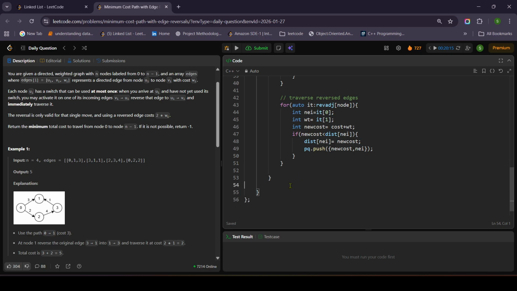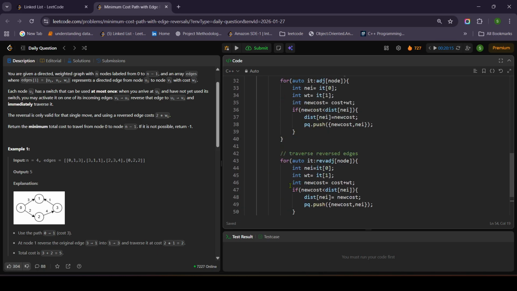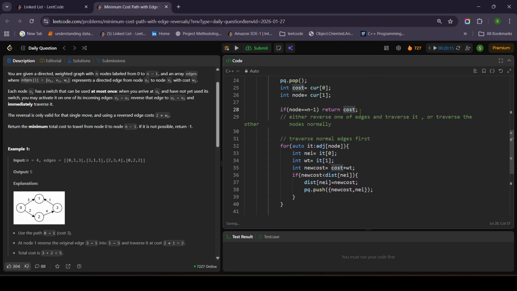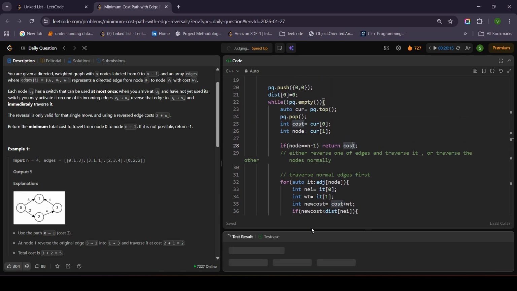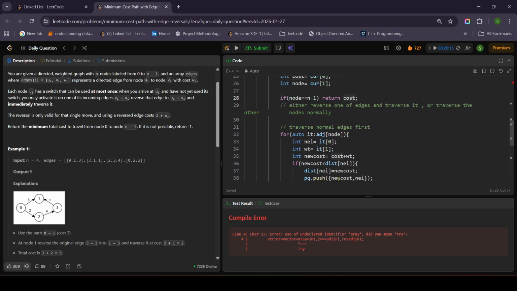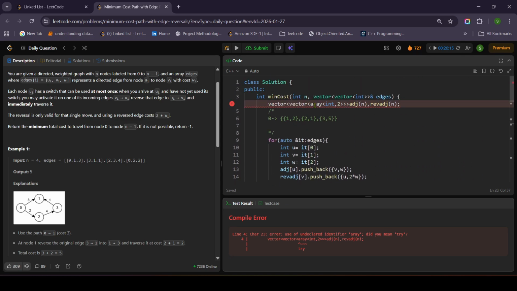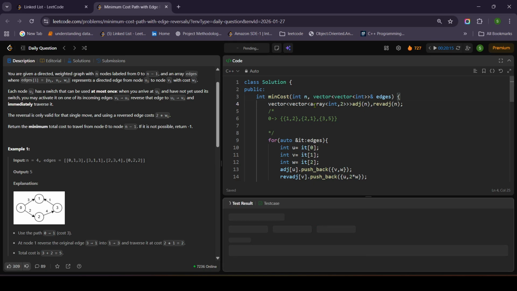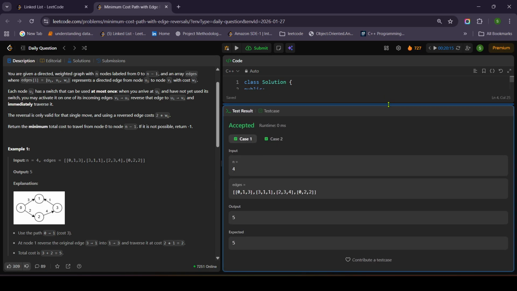And finally, if I don't find any answer, right, I can return -1 because I'm returning the answer over here. Let's try to run it. It's over here. Okay, and you can see it got accepted. Let's try to submit it,